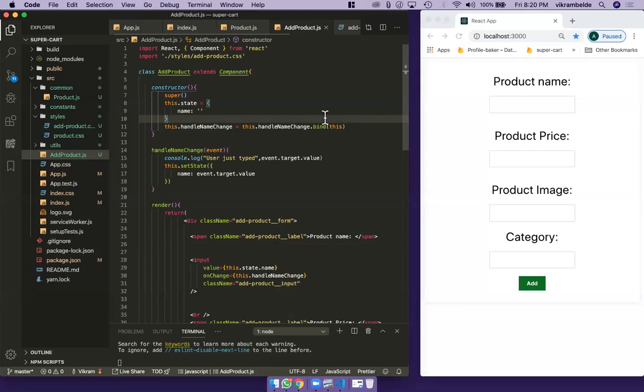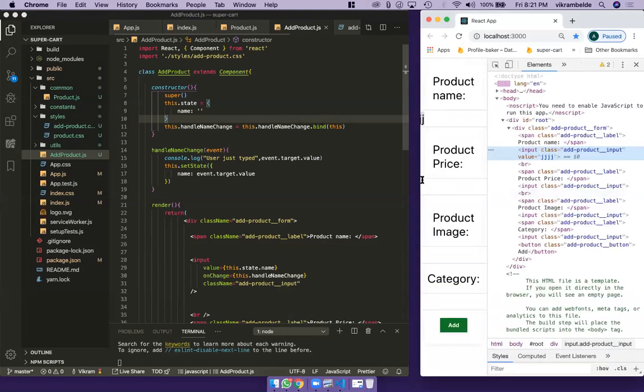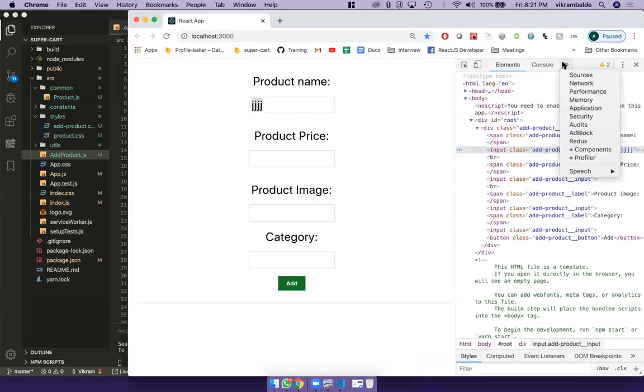We talked about how we can take the user input, update the state, and then reflect the state back to the user. So what I mean by that is, in the product name here, as the user types in, we'll update the state. We'll take a look at what is happening to this particular component as I type, and give it an inspect. Right click, go to the components,